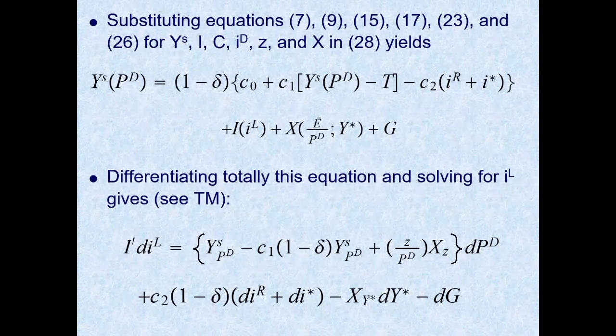Again, you will have to go through, if you don't remember how to do that, look at the mathematical appendix. Essentially, I assume that all the variables that appear in the equation are going to be changing. That's the first step. I differentiate totally the equation, and then I regroup terms, essentially. And one of the terms that I'm going to have to regroup